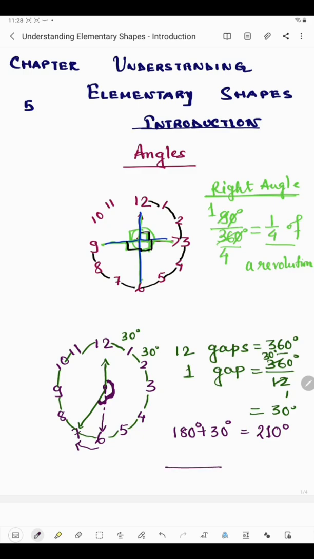Now what part of the revolution is it? The total is 360 degrees, and we always write the total in the denominator. Since we have to find what part of the revolution it is when the hands of a clock rotate from 12 to 7, it is 210 degrees by 360 degrees. The zeros cancel. 3 sevens are 21, 3 twelves are 36. Always divide the numerator and denominator by the same number. I have divided 21 and 36 by 3 and got 7 by 12. So if it makes 210 degrees, then it is 7 by 12 of a revolution.